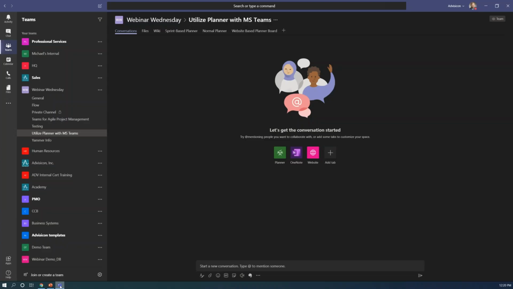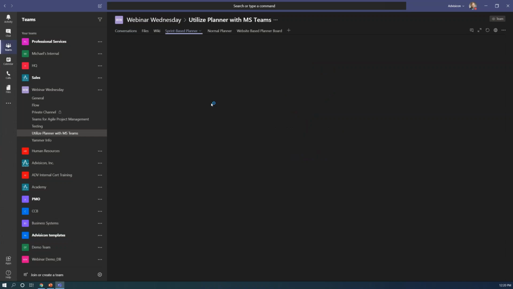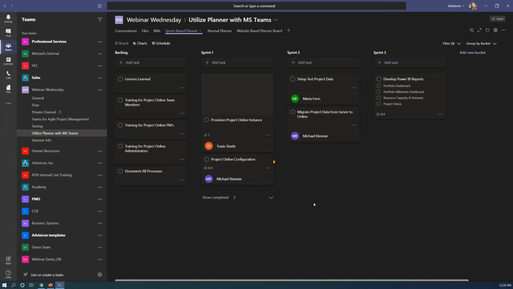That's a great question. The only difference between using Planner in Teams and using Planner on the web is that you cannot mark a Planner within the Teams using the Planner tab. You cannot mark this board as a favorite. That's the only difference. You can delete the Planner board and everything. You can assign people. You can add people that are not a part of your team. Microsoft has been working on adding full functionality of Planner within Teams rather than using the website.